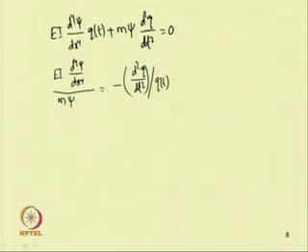So, one can see that the left side is a function of space coordinates and the right side is a function of time. So, as they are equal, they should be equal to a constant,